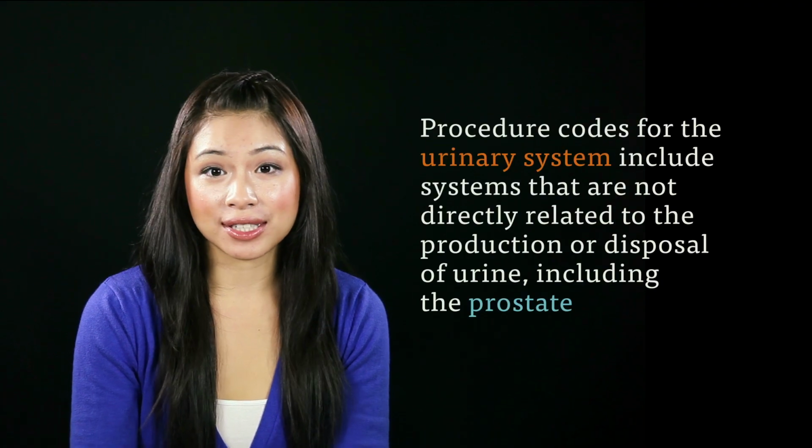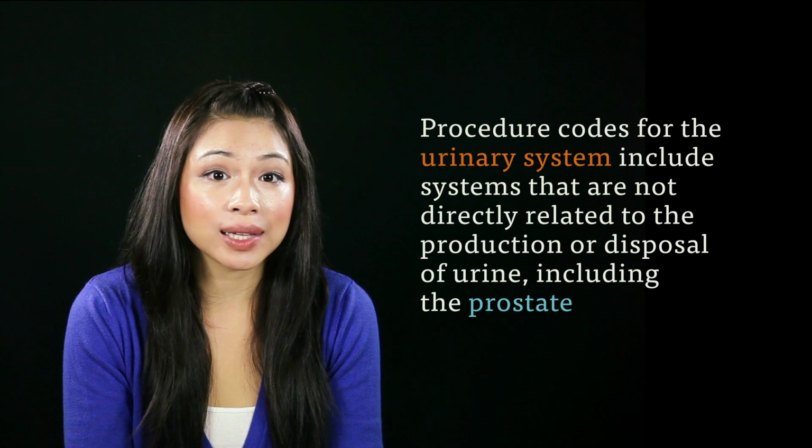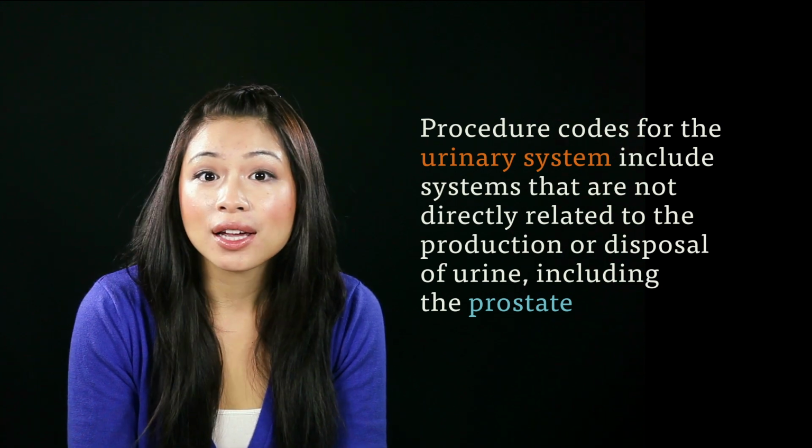Procedure codes for the urinary system include a few systems that are not directly related to the production or disposal of urine, including the prostate. Sometimes the prostate is accessed via the urethra, meaning the urinary system section is the best place for surgery codes related to the prostate. For the most part, however, codes in the urinary system subsection are related directly to the